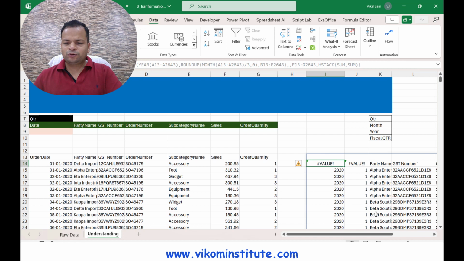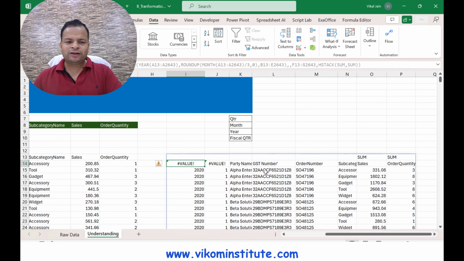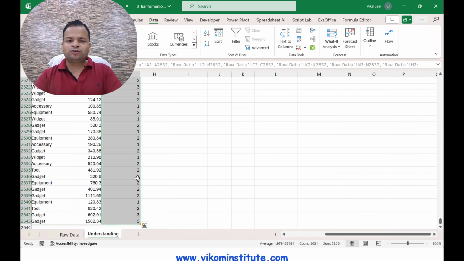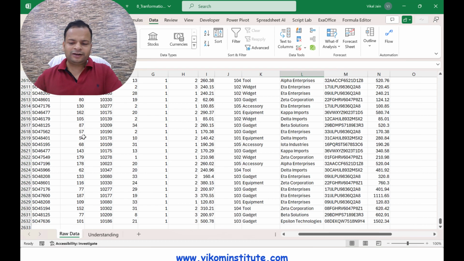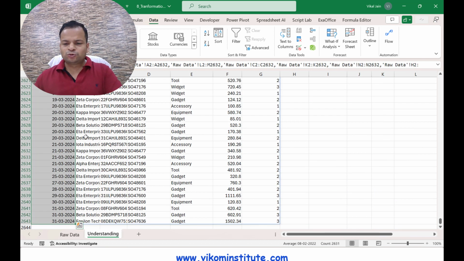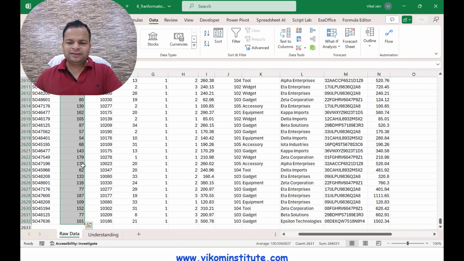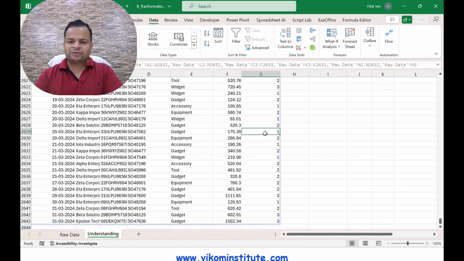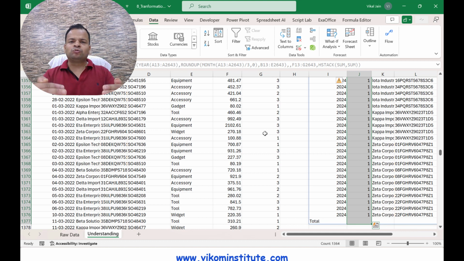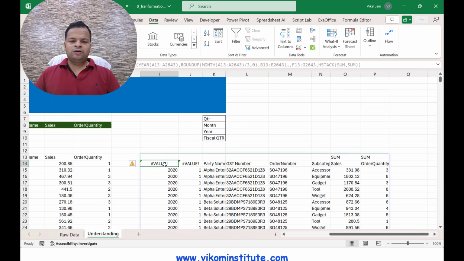Now you will see it is going to provide you the quarter-wise report, and if you look here, the number of rows is 5206, and if you look at the raw data, I think we have made some mistake over here. So the number of rows is 2631 only, and if you look at the raw data, the number of rows is 2631, and in the summarization by quarter the number of rows is automatically reduced to 1364. Now you will see the quarterly report has been generated.